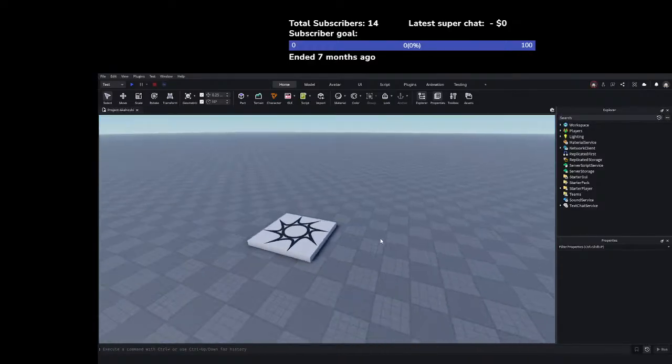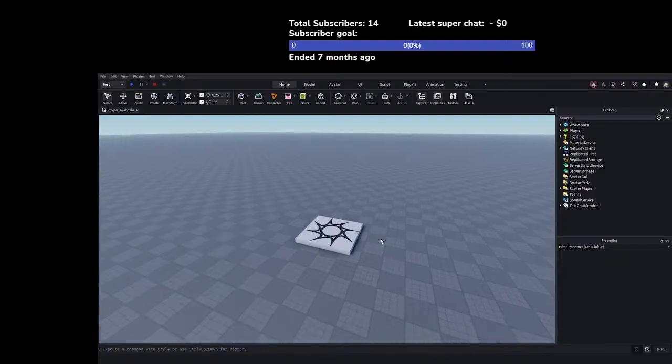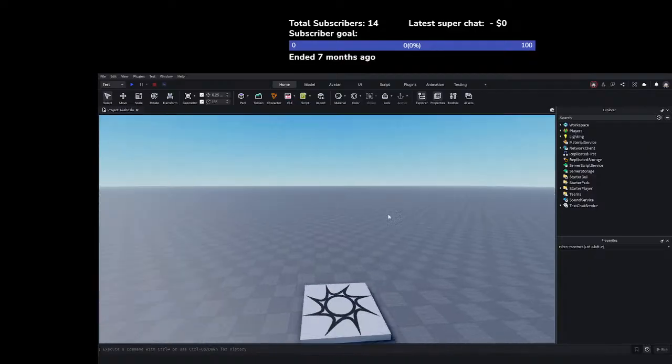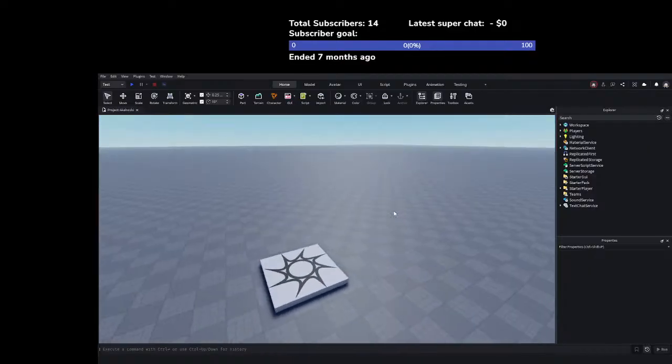Eventually I need to upgrade this computer so I can stream better. Or just buy an actual good computer. I'm using a laptop, so